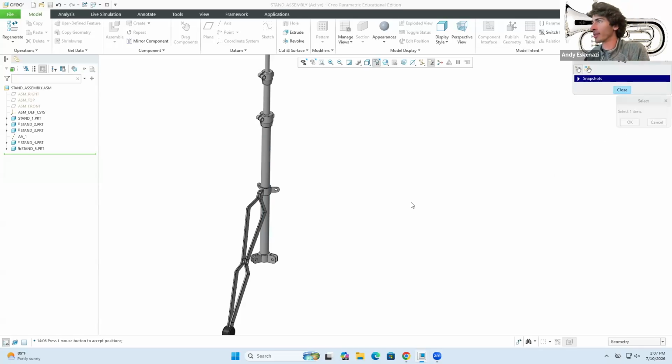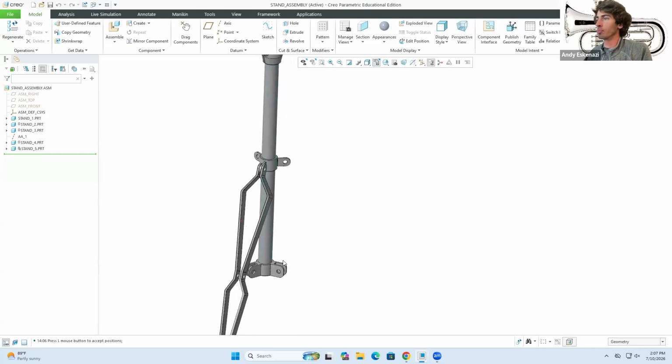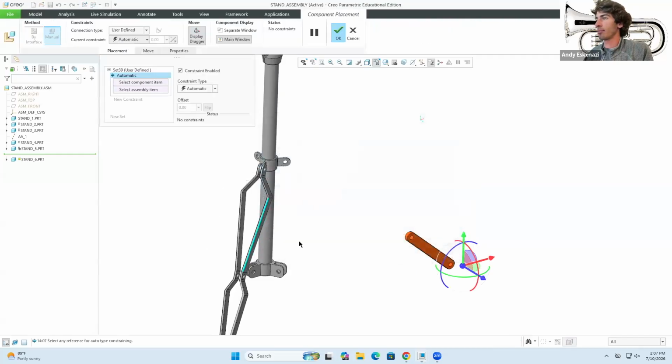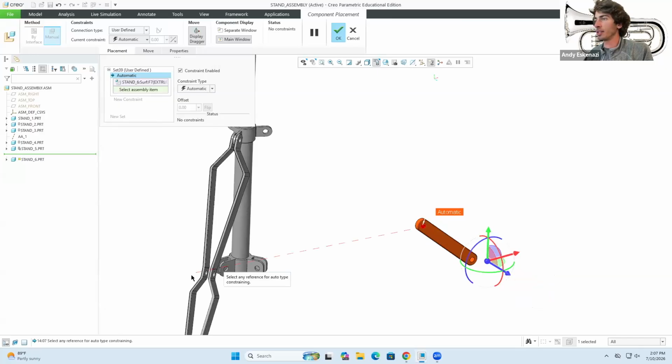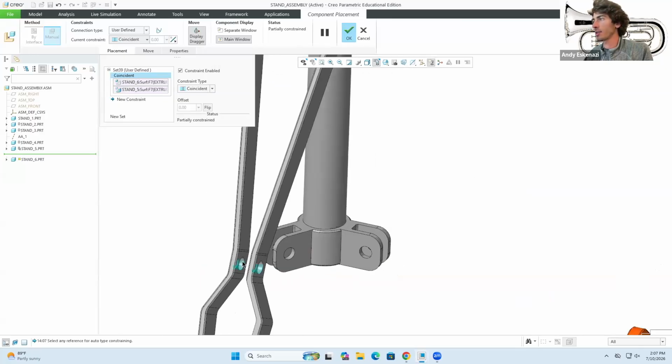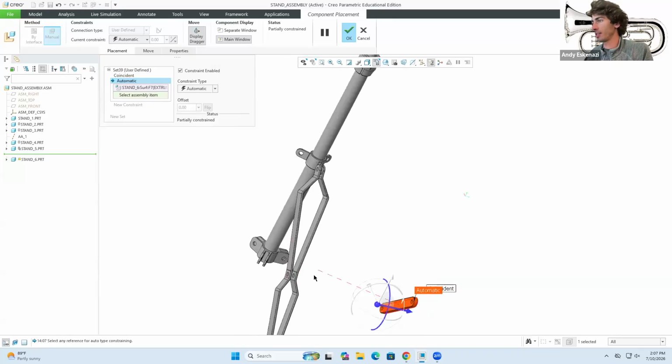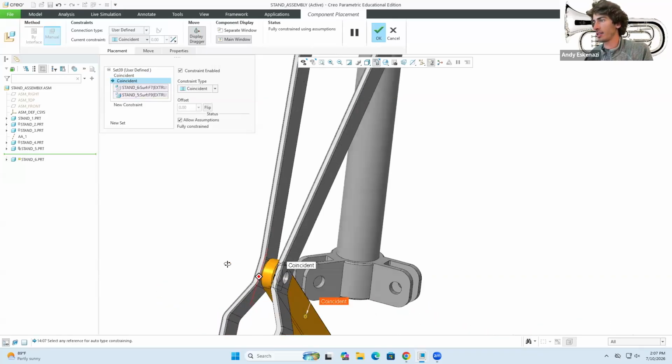I realized that I was spending too much time trying to figure it out and I couldn't really make it work. So I'll just show you this part. So now if I go back to assemble, click on assemble again, I'll bring stand number 6, which is this little part. So I click in this face and this face and make that a constraint, then this face and this face,